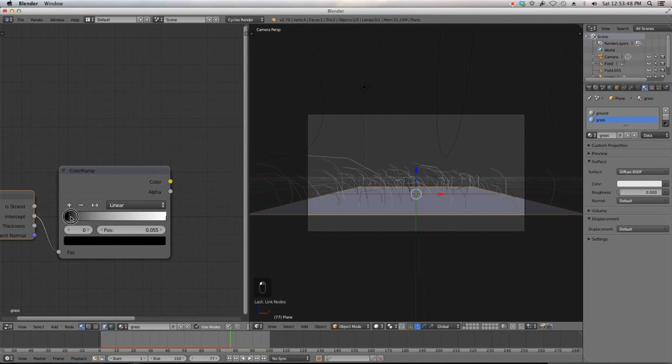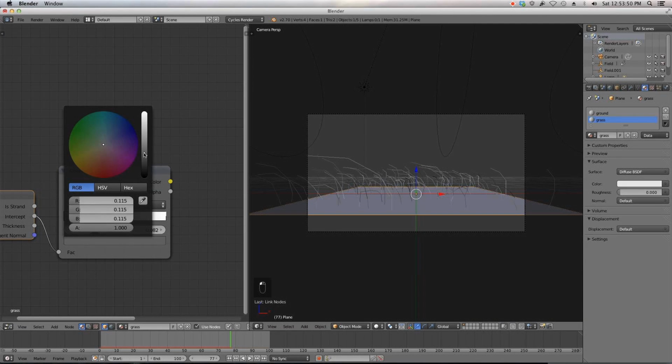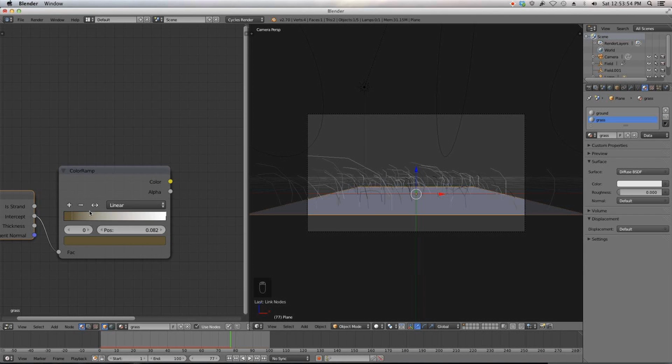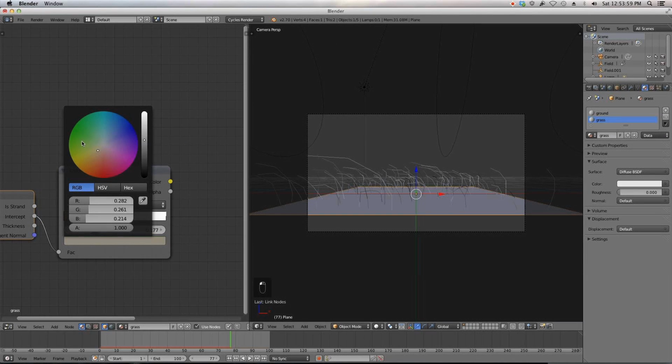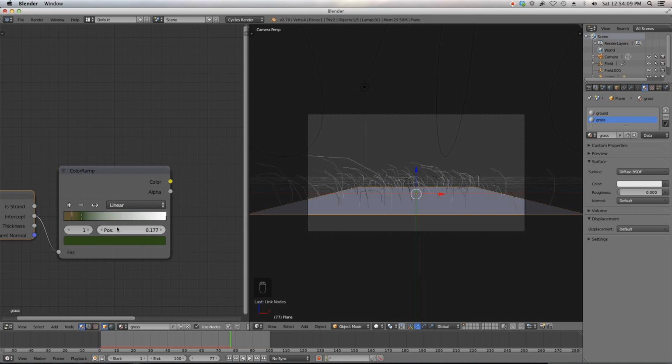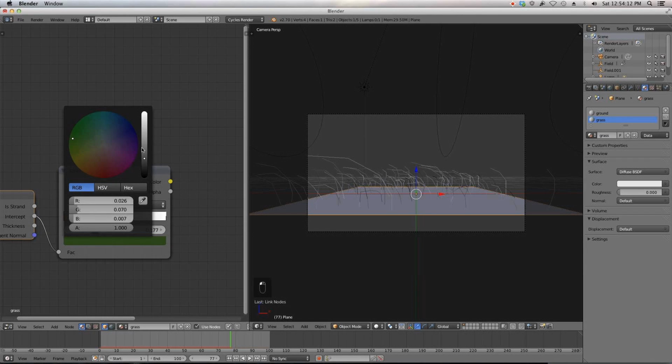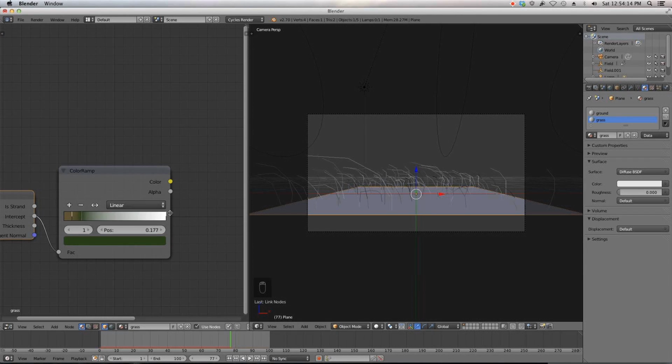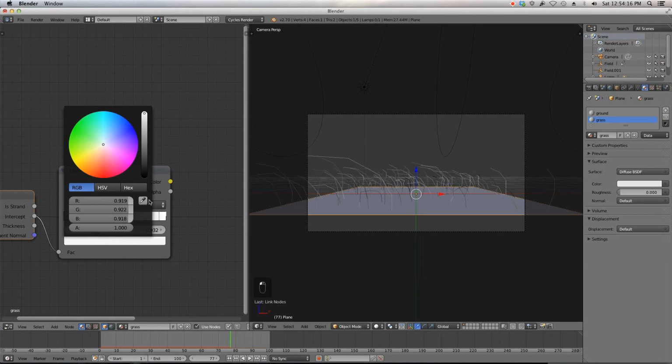Now, I'm going to take the black color and give it a deader looking green, something like that. And now, holding Control, I'm going to add another slider in right here and give this a deeper looking green. These are just colors I've kind of studied grass a little bit and noticed a pattern of how they grow. And the base is always a little deader looking. Then you have a deeper looking green. Then the blade normally gets a little bit lighter by the top. So we'll go something like